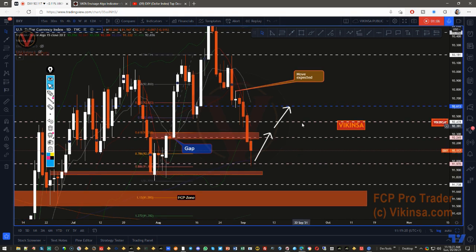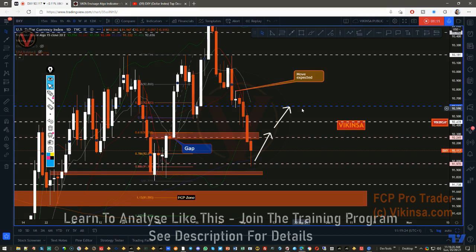How do you read these levels? All of these levels can act as support and resistance. So you can look at them as your profit targets, or you can start new positions around these levels. You can also add to your positions or cut your positions around these levels. Depending on which direction you're trading, they can act as support and resistance. So the market fell through this one and got supported by this one here.